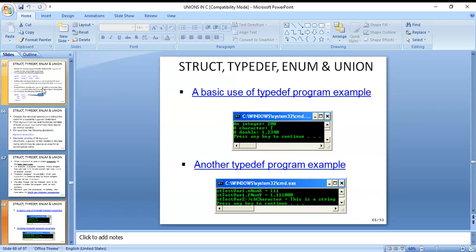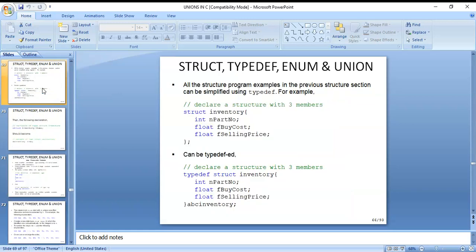And another type: test variable one, that is triple one, next test variable number y, that is 1.1110, and characters are there. That is the example for that.